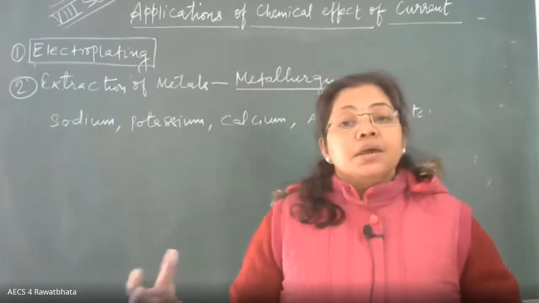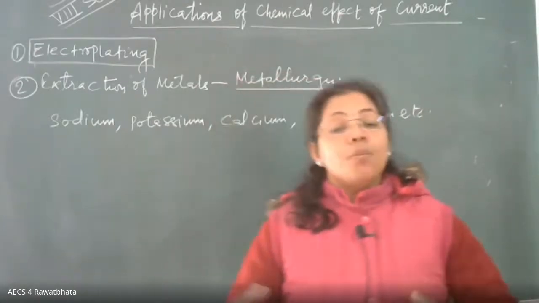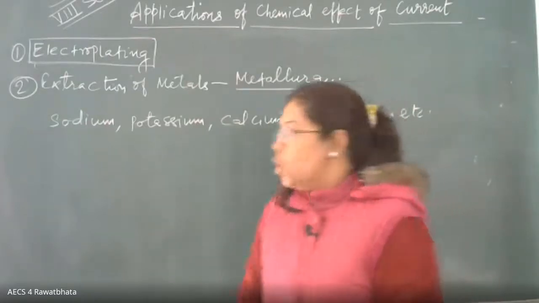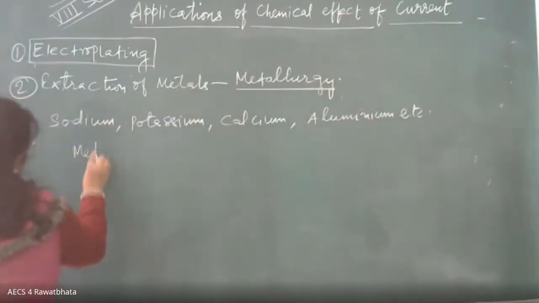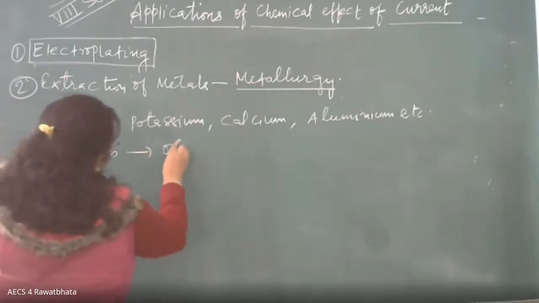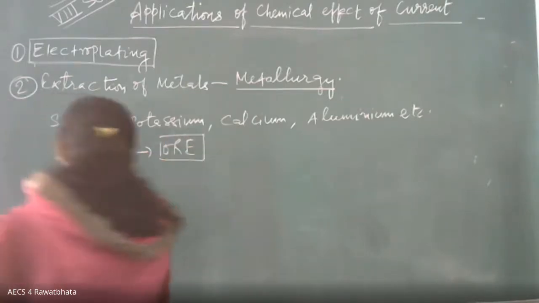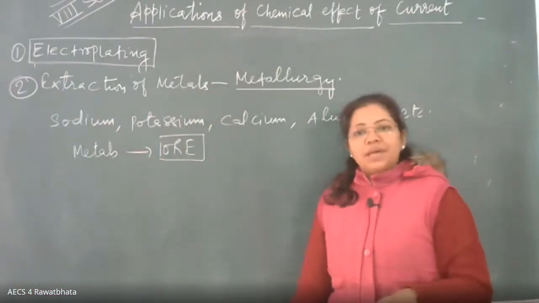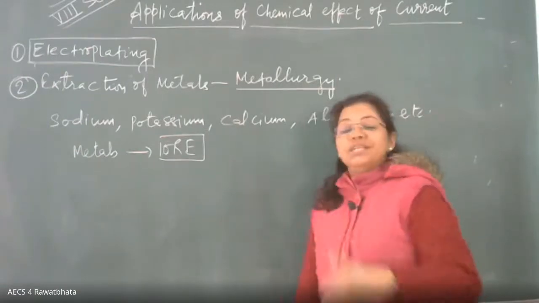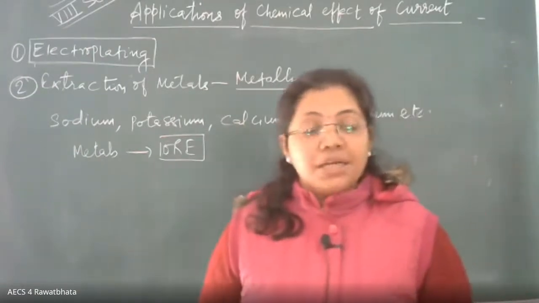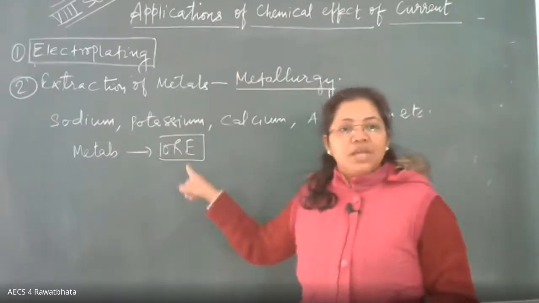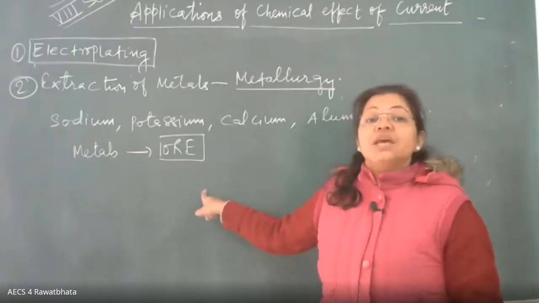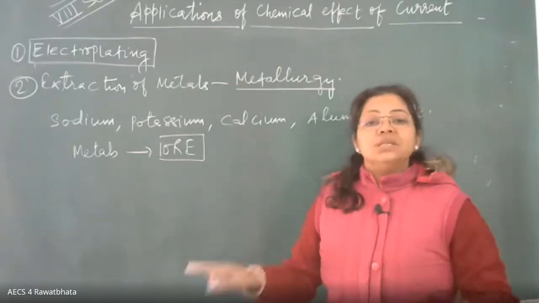Means they react with other substances, they form a new material called compound, and that compound we call ores. So we say that metals are found to occur in the form of ore, right? So what is ore? Ore में metal भी है, और metal के साथ और भी unwanted चीजें हैं जो हमें नहीं चाहिए. But if we want to get metal, we have to take ore, and by employing some reactions, some methods, we have to remove unwanted substances.